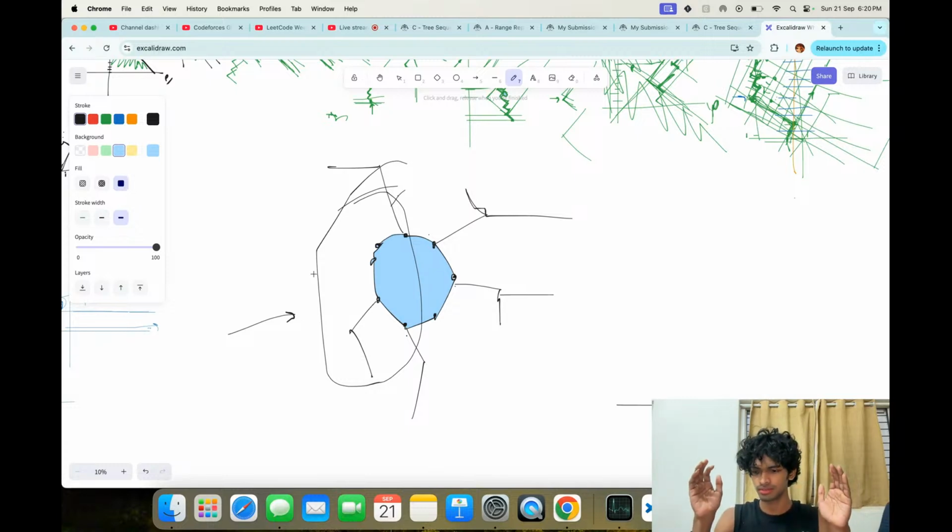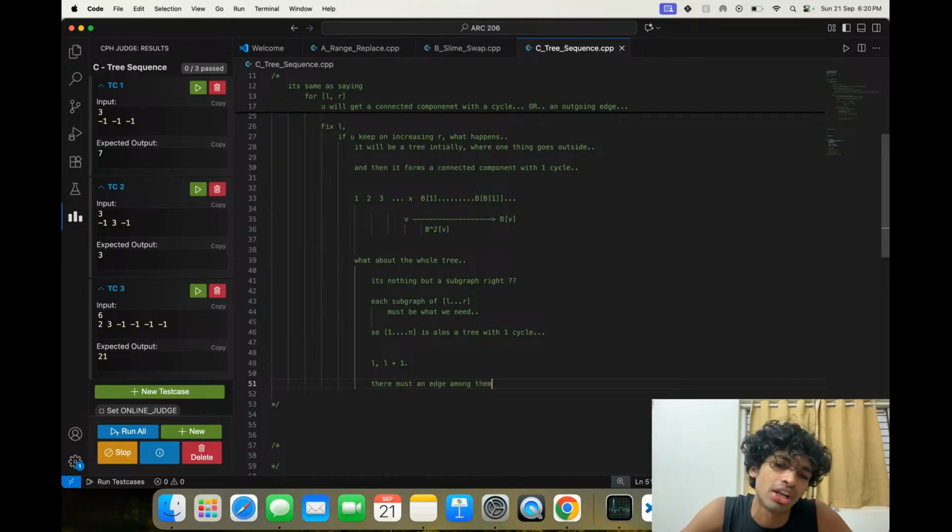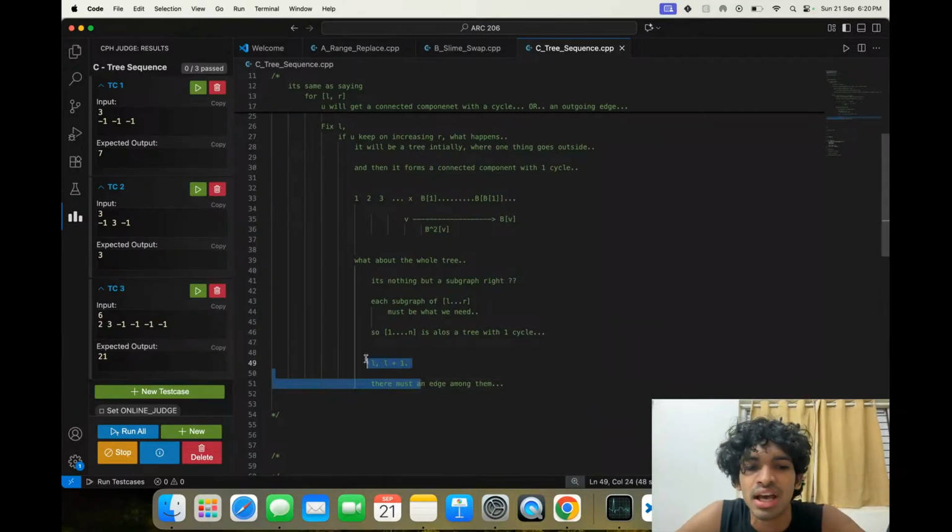But then, see the fact that if you look at L comma L plus 1, there must be an edge among them. I think this helps a lot. Just looking at two length things helps us a lot because they must form a tree, right? There is an edge between L and L plus 1.